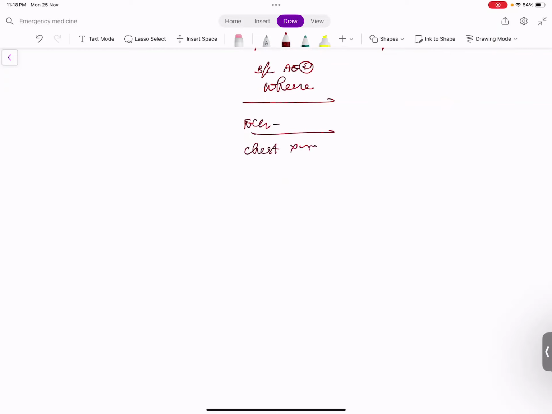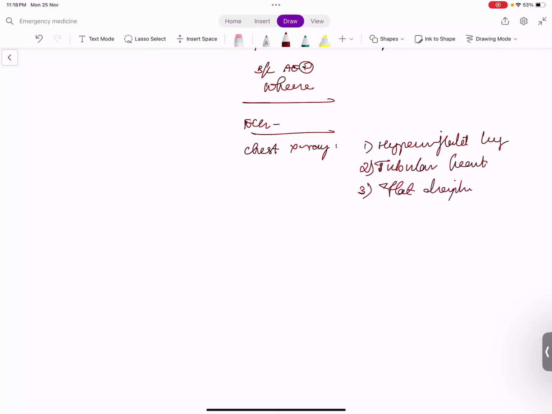X-ray, we have the typical hyperinflated lung, tubular heart, because when the lung enlarges, it makes the heart appear smaller in the X-ray, and flat diaphragm. So how will you treat initially? Just by giving bronchodilators. You can give a nebulizer